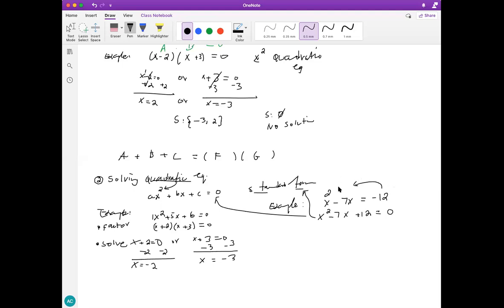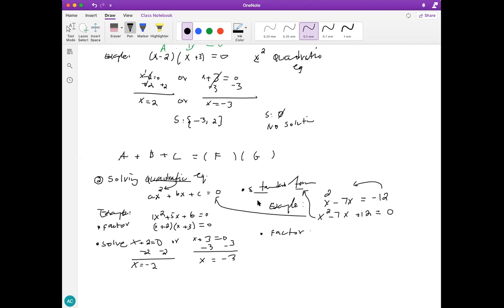Then we're gonna factor. So standard form was the first step. Now that we have this, basically we have something like this. So we're gonna factor it first. I'm sure that it's 4 and 3, but the signs are